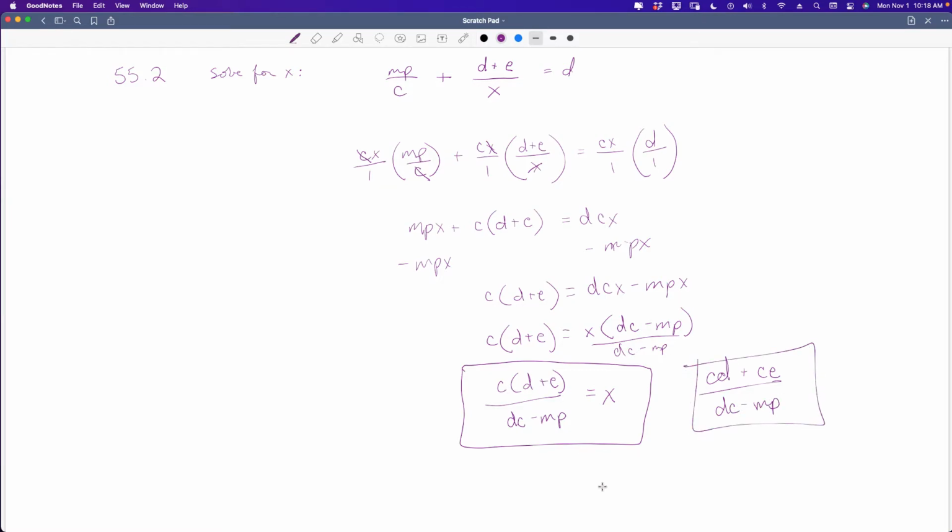I just didn't distribute that because I knew it wasn't going to affect X at all because there was no X involved in this. All right,